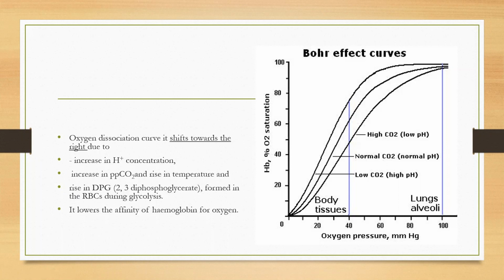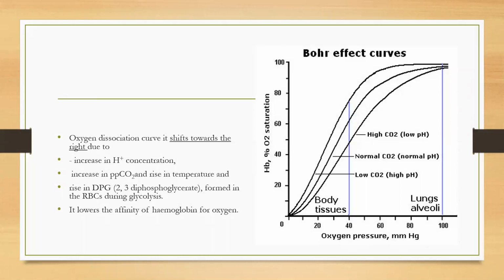In 11th standard, we had studied about glycolysis. Okay, what exactly is glycolysis? It is the first step of aerobic respiration. Yes, it is a common pathway for aerobic and anaerobic respiration. So, what happens in the RBC during glycolysis? A compound is formed. ये compound का नाम है DPG, that is 2,3-diphosphoglycerate. And when this 2,3-diphosphoglycerate is formed in RBC, at that time also what happens? The sigmoid curve shifts to the right.